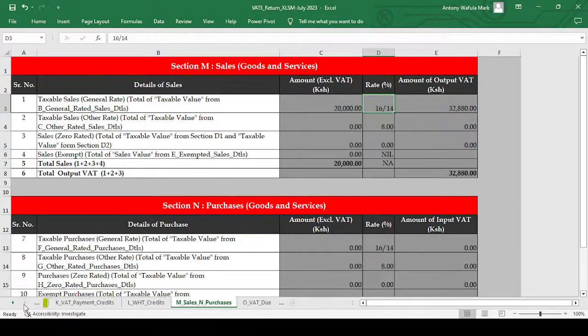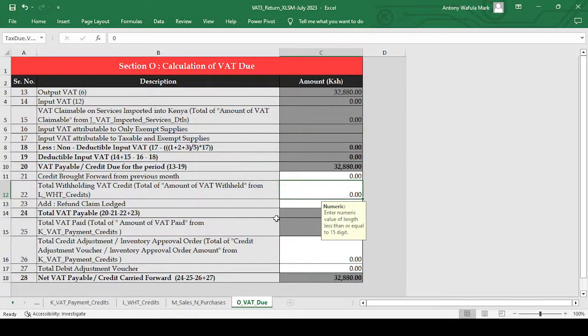Moving on to section M, we move to section O. This is actually the last section. Here, the output VAT will also auto-populate, the input VAT will also auto-populate, and the VAT claimable will auto-populate. So you just have to input details here, here, and here, and then the rest will